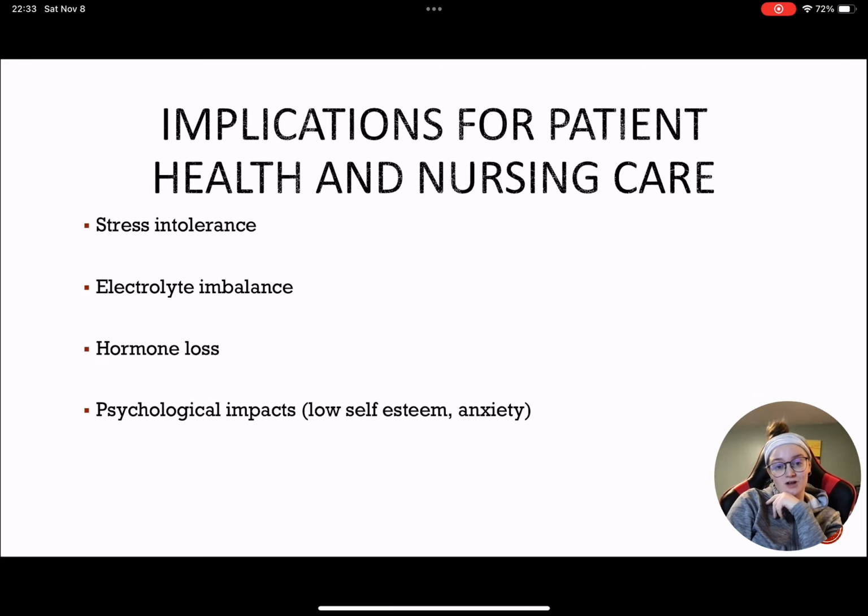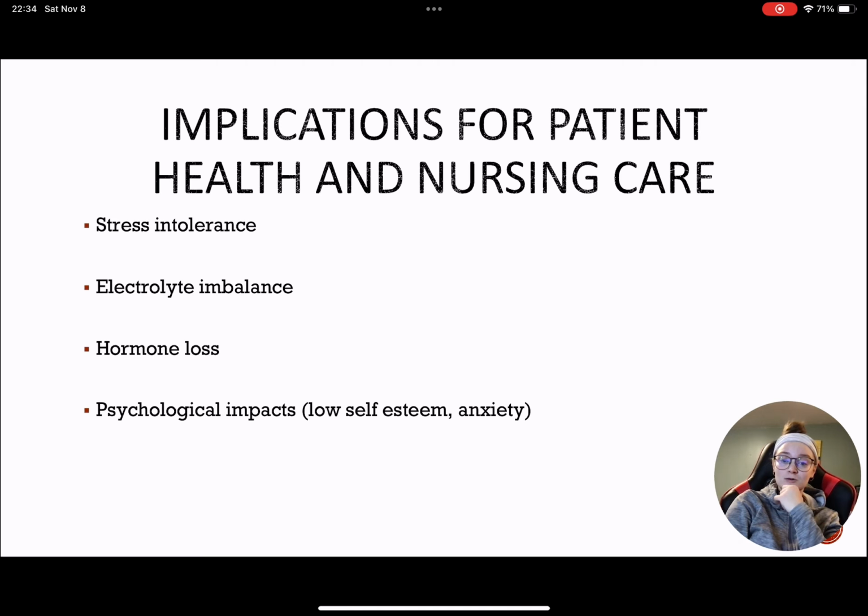We have hormone loss. That's something our patients can be going through as well. I explained it with women. We lose hormones, let's say estrogen, our body is not going to function correctly. Okay, we need to have homeostasis, those negative feedback loops, in order to bring our bodies back under control, basically. And also, if you're going through your day-to-day life and you can physically feel something's off, my hormones just feel off, I'm not feeling quite right, this kind of impacts my psychological state as well. It's going to be very, very discouraging, you know.